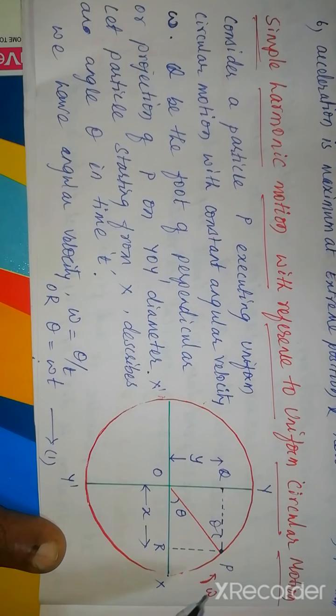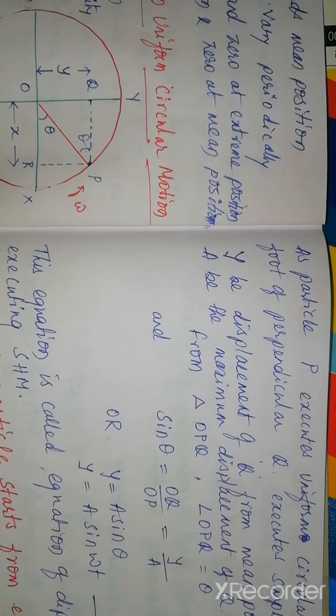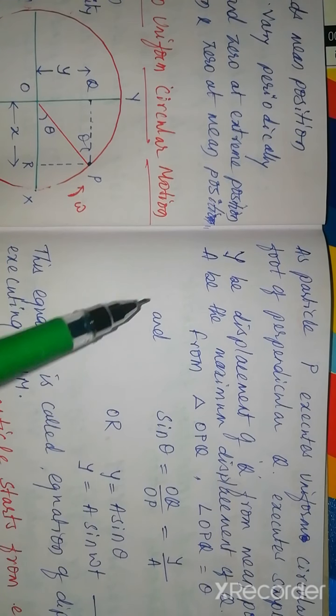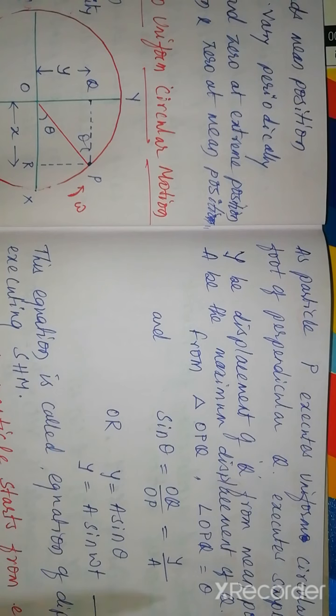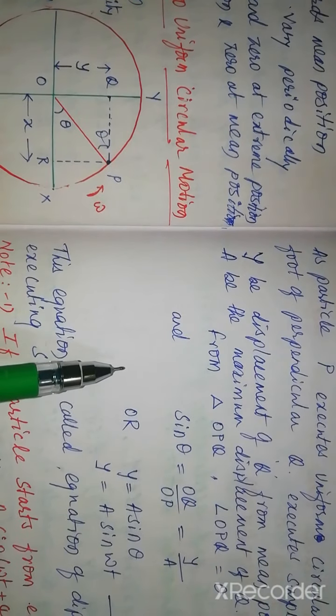Here particle P executes a uniform circular motion. Its foot of perpendicular Q executes a simple harmonic motion. Let y be the displacement of the foot of perpendicular Q from the mean position at a time t. Let A be the maximum displacement of Q, which equals the radius of the circular path traced by the particle. So from the triangle OPQ,